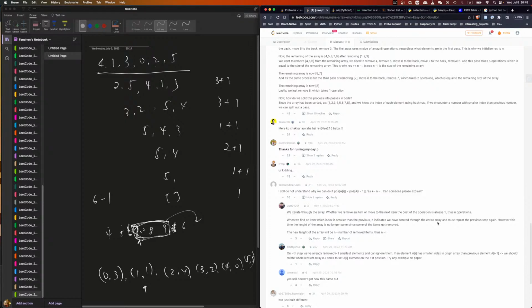Okay, that makes sense. So now, when we hit something in a sorted array, a big value, but it has a smaller index, which means the big value is in the front, but the smaller value is here. So if I go through this, then I go here. That means